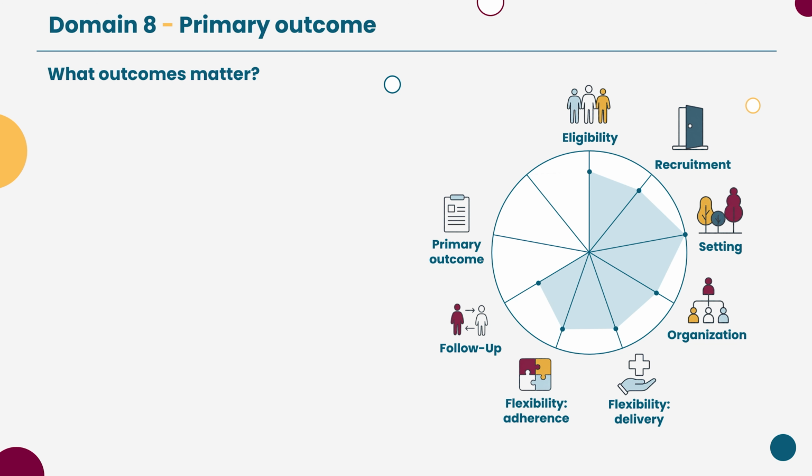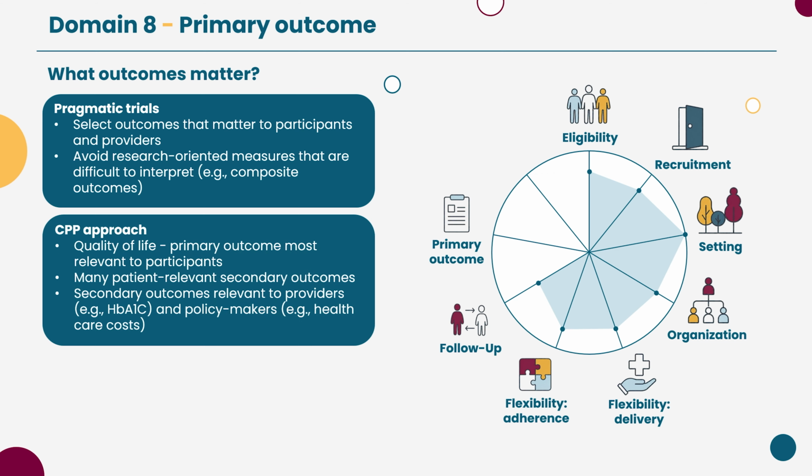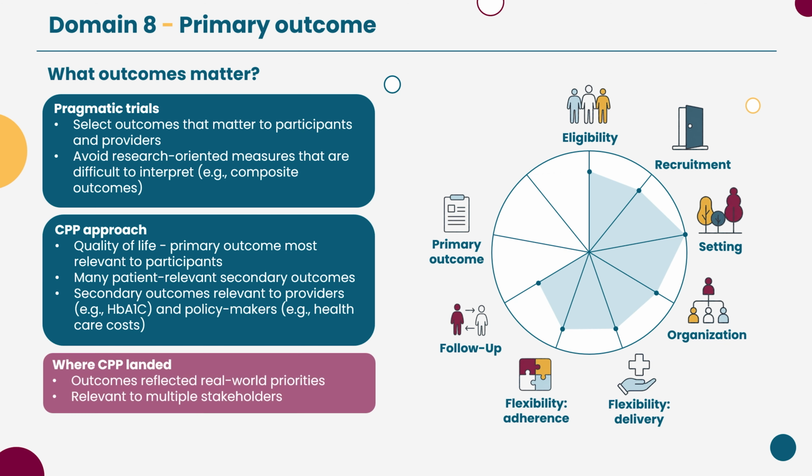Domain 8 focuses on the relevance of the primary outcome to participants. In pragmatic trials, outcomes should matter to patients and be relevant to providers and decision-makers. The primary outcome for the CPP trial was quality of life, physical functioning. Secondary outcomes included those likely to be important to patients, such as mental functioning, depressive symptoms, and diabetes self-management. Additional outcomes captured clinical measures such as blood sugar level and healthcare costs relevant to clinicians and decision-makers. Because outcomes were selected that were meaningful to key stakeholders like patients and policymakers, Domain 8 received a score of